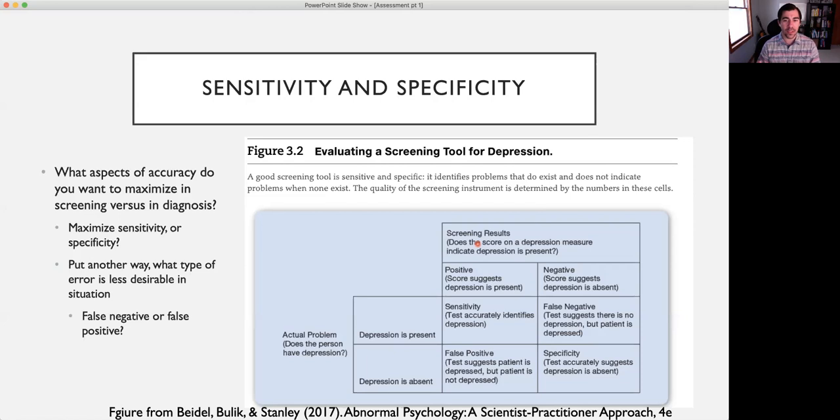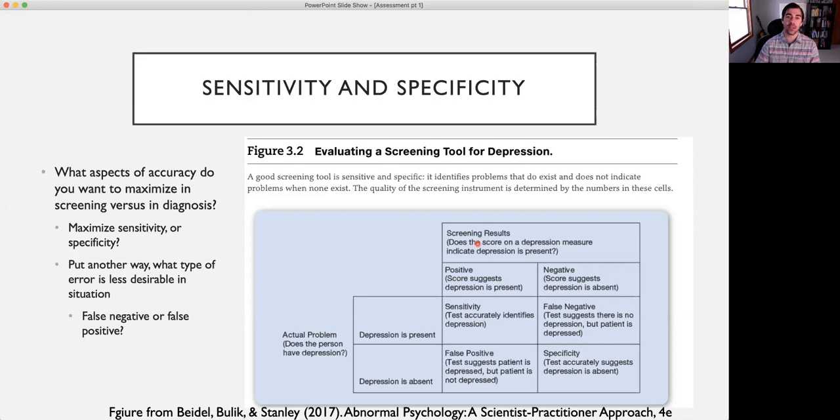So the first thing to mention is that we need to go through a process to arrive at a point where we have an instrument that we feel confident in its sensitivity and specificity. When we feel confident in its ability to identify people that have depression or don't have depression, for example. When we first start out developing screening instruments, something like a PHQ-2, that questionnaire in itself can't really tell us much. We don't know exactly what the scores mean when we give someone that PHQ-2. So we have to start out with some research to first understand that.